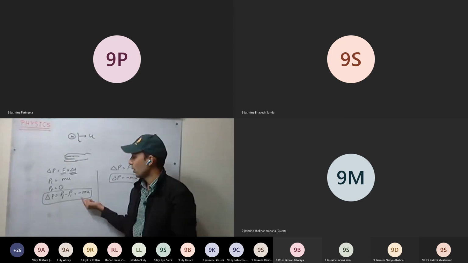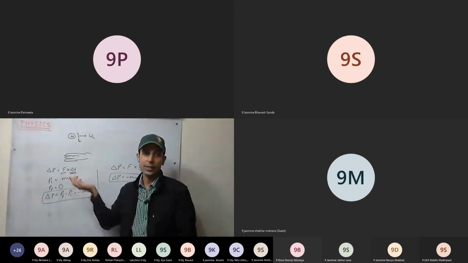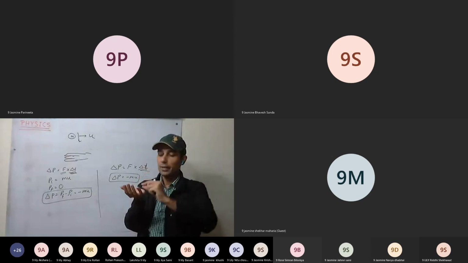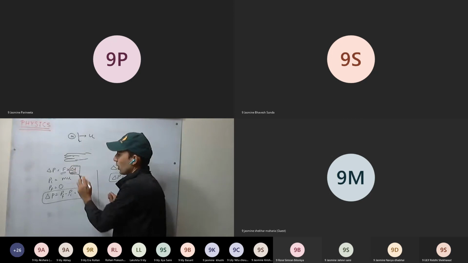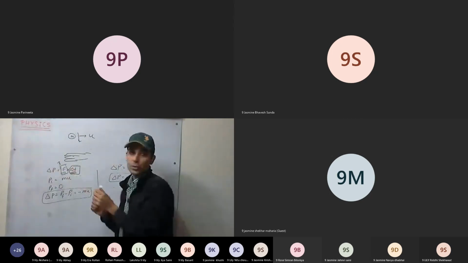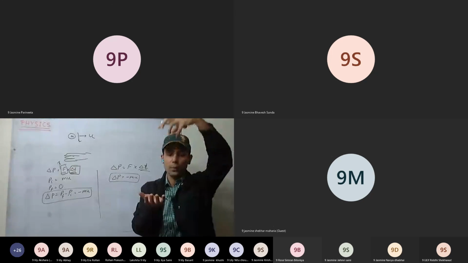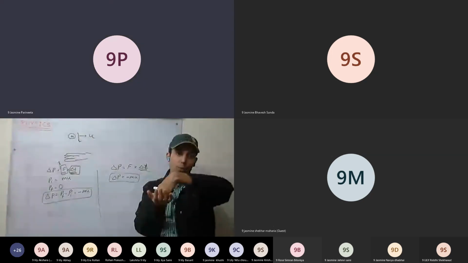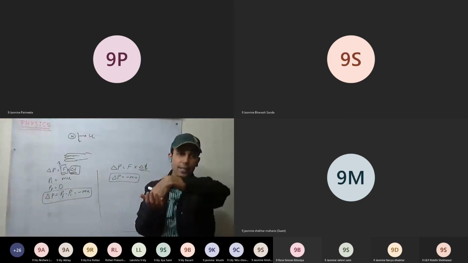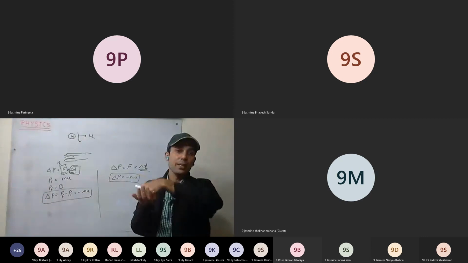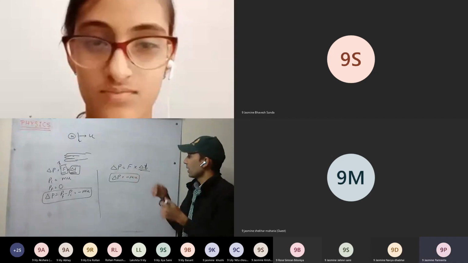Have you understood this one? Change of momentum in both the cases is the same. But in the first case, the ball just hits the hand and in a very short duration it comes to rest. So delta T is very, very small here. That means the force has to be huge. So the force with which the ball hits me is huge, and it may crack the ball. The force with which it hits the hand will be a very huge impact on the hand. This is clear.